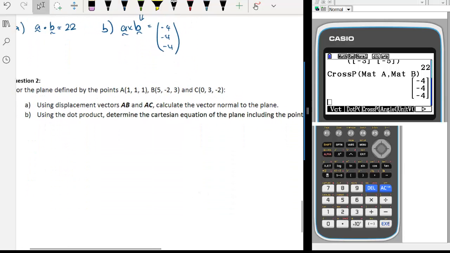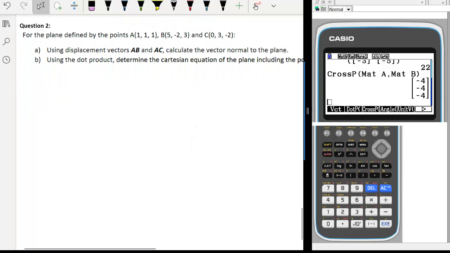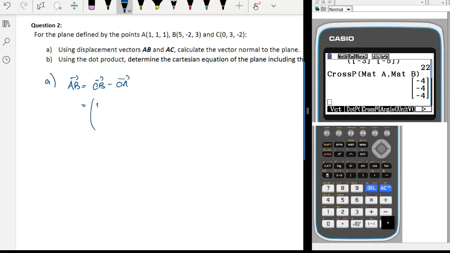Okay, so now when we look at this question, and you'll recognize question 2 from a weekly review, I think it was a week 8 one. Use displacement vectors to calculate your vector normal. So if I look at vector AB, and I know that that's OB take OA, so B take A, we've got 5 take 1, which is 4, -2 take 1, which is -3, 3 take 1, which is 2,